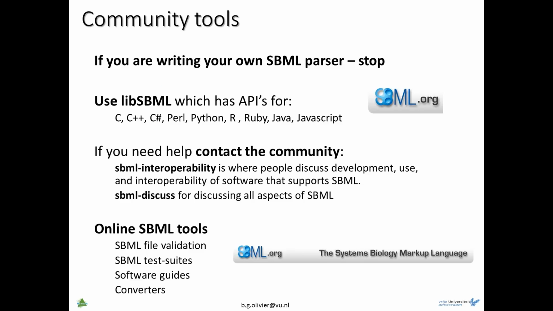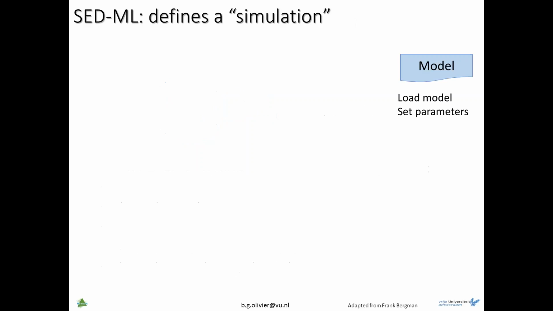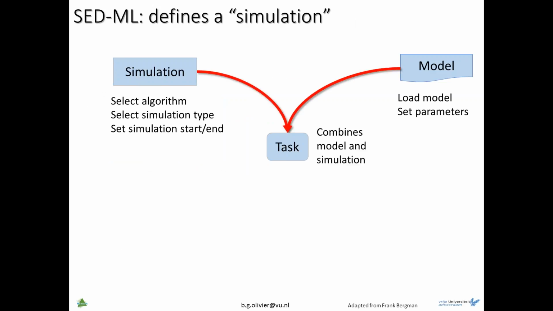So that's SBML. Another language which is related to SBML is called SED-ML. SED-ML is the Simulation Experiment Description Markup Language. And SED-ML implements a minimal standard description called MIASE, which is to basically describe how to do a simulation. You can think of something like a time course simulation. So as an example, whereas before we have a model description, it's an SBML model with all its associated detail. SED-ML allows you to take a simulation, which consists of something like an algorithm, what type of simulation it is, how it starts and ends, when it starts and ends, and combines these things together into something called a task,